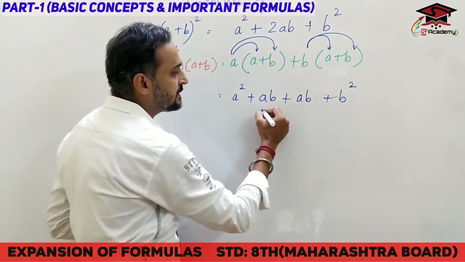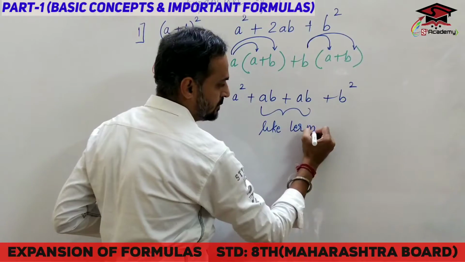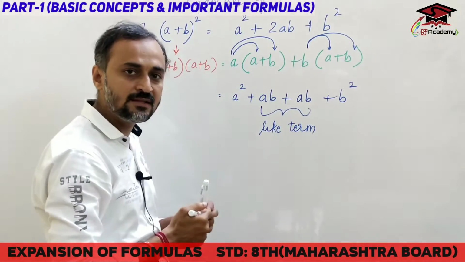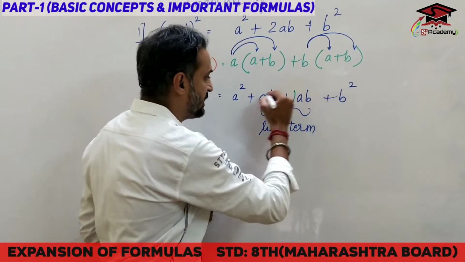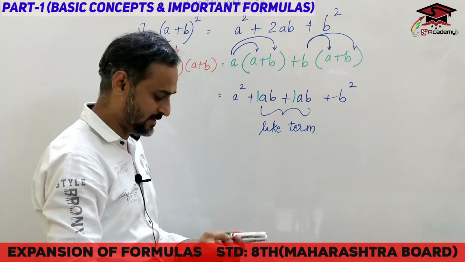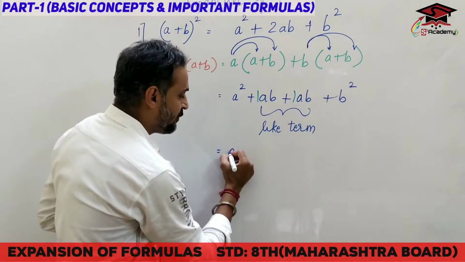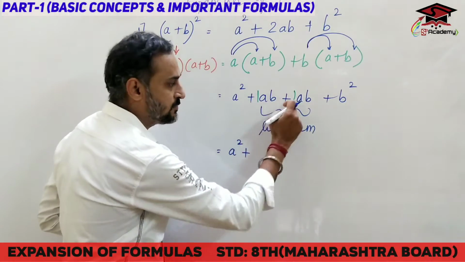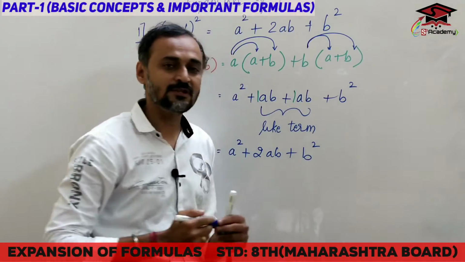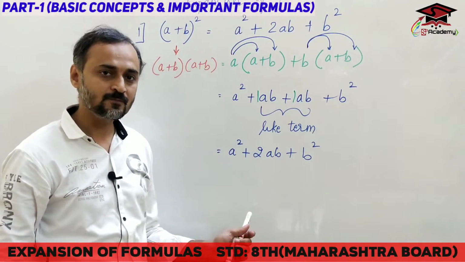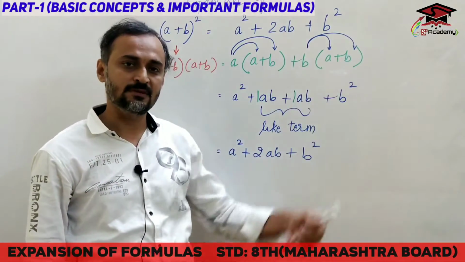Okay, now these are considered to be like terms, having the same variable. If nothing is given over here, you can consider the 1 so that it will be easy to understand the sum, what is a like term. Let me consider the 1. Okay students, now 1 plus 1 is 2. So what will be the formula? A square plus 1 plus 1 is 2, so 2ab plus b square. So this is the first step of the formula. Okay, now what was my formula? A plus b the whole square is a square plus 2ab plus b square.